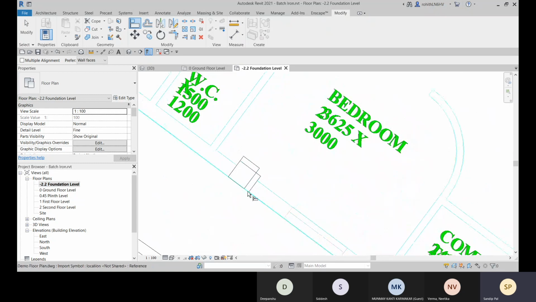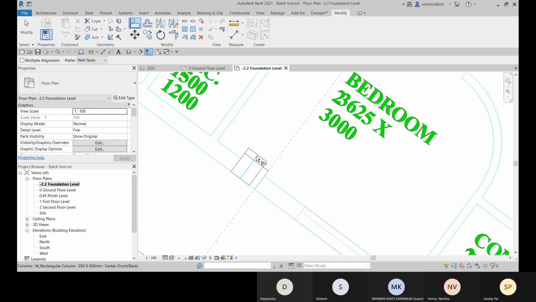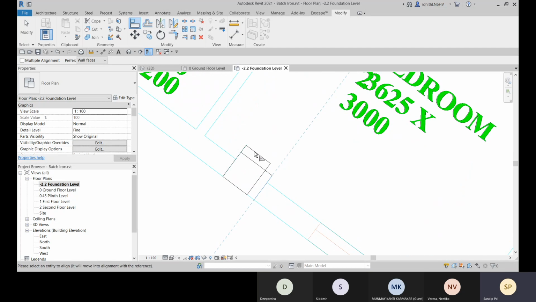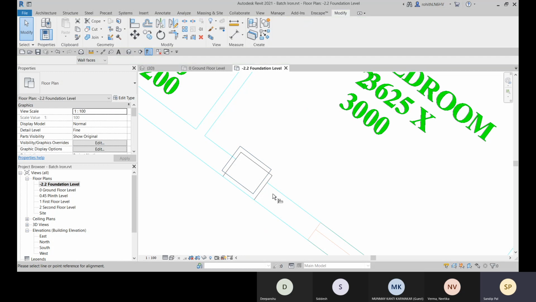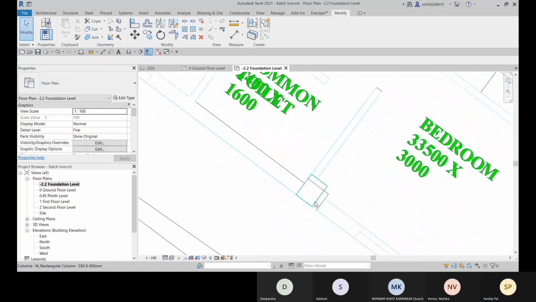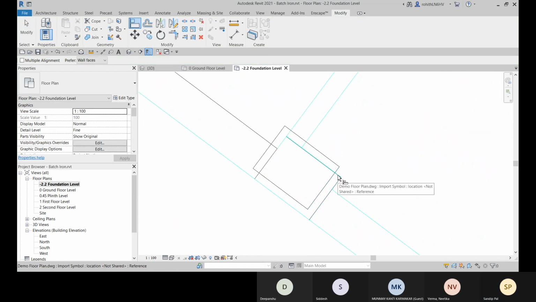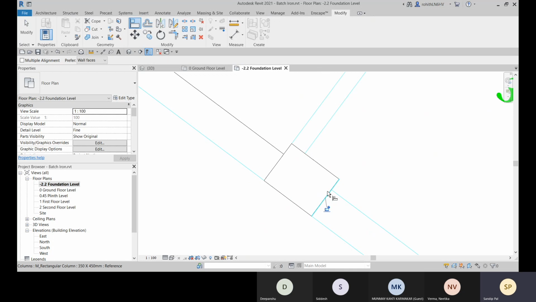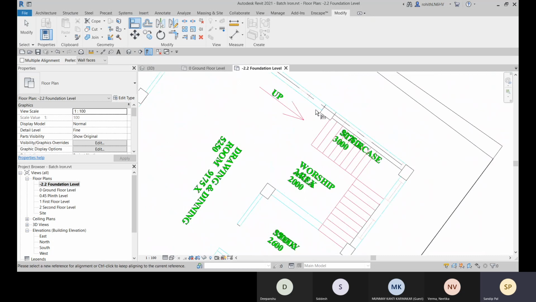Okay, now again, we need to change the alignments. So if it is not selecting this side, so we can just go with the tab, select this, and then go for the space bar, and then go for the alignment. Select this and select this, select this and select this. All right. Select this, press the space bar, go for AL shortcut, align it, this way. Okay. Others are already aligned. These are already aligned.